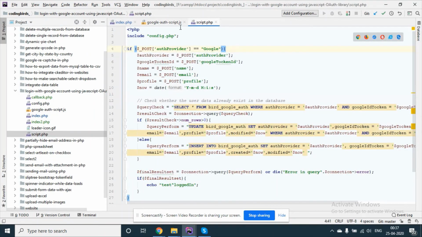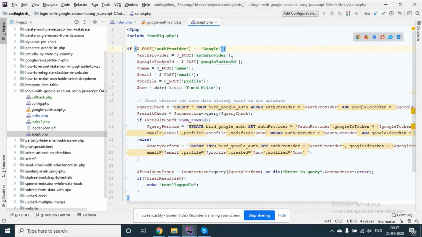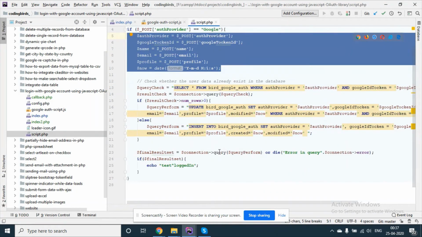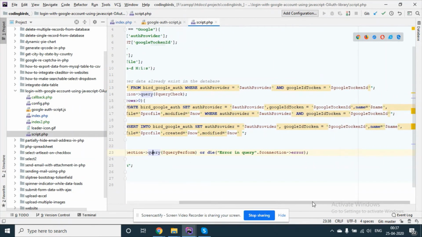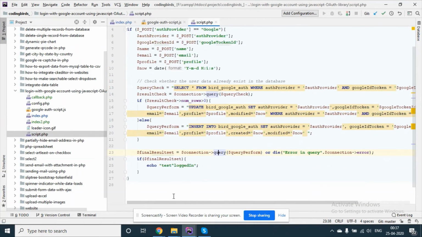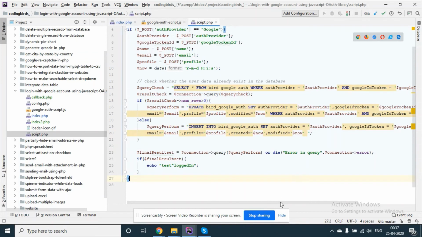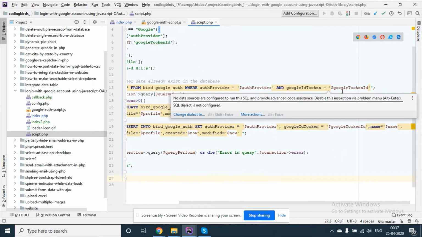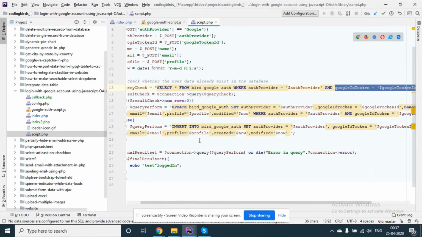See, this is the provider, meaning Google. If this happens, we will receive those variables. We check if we already have the same detail, then we don't have to store the information. If we don't have the information, then we have to insert it. So this is just a select query, where we know that the provider id or token id will be unique, so this can be a where condition. This is the query.